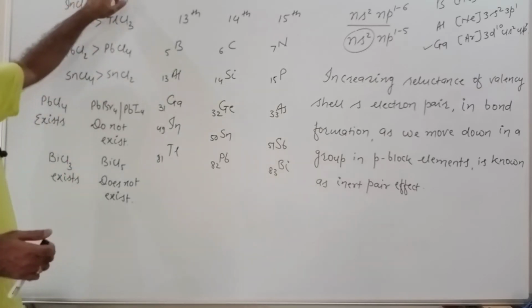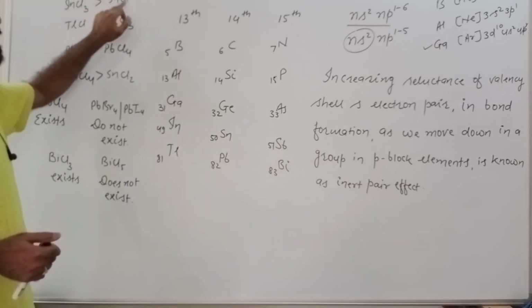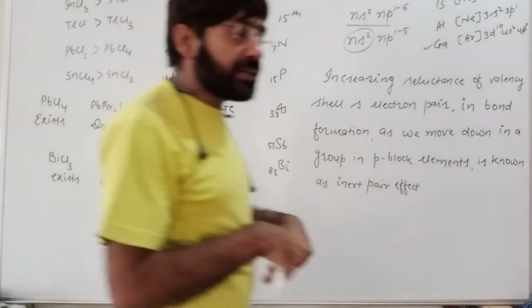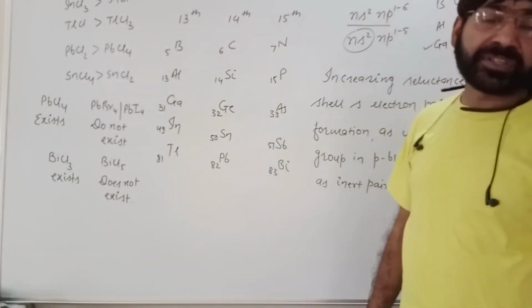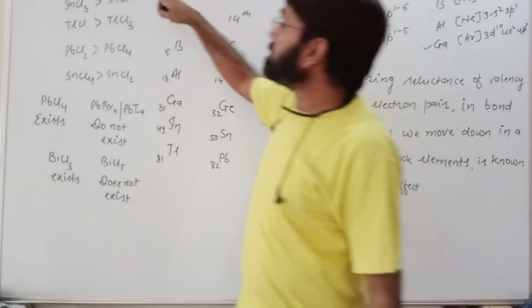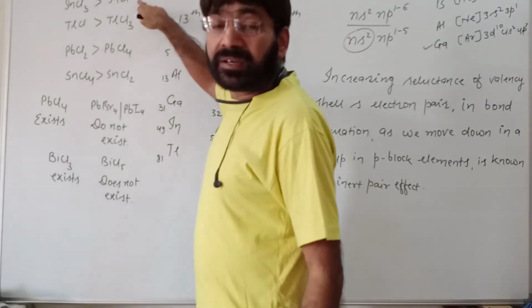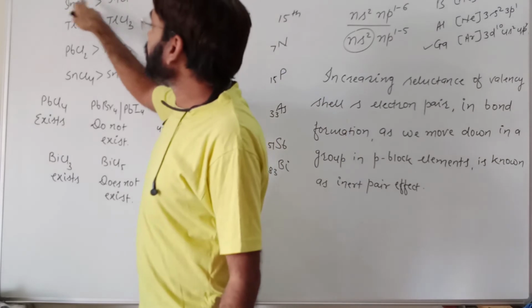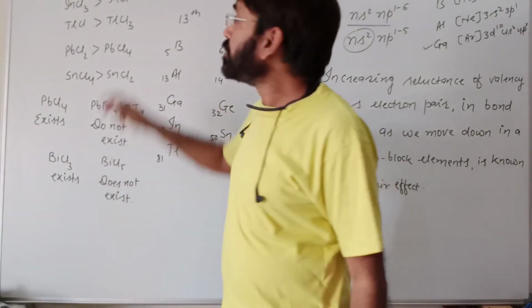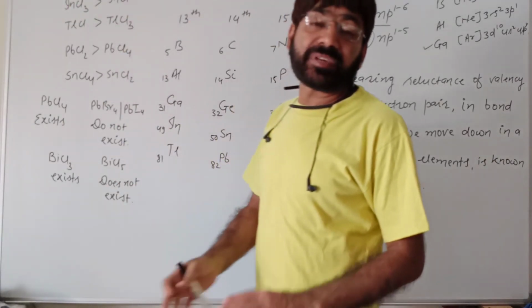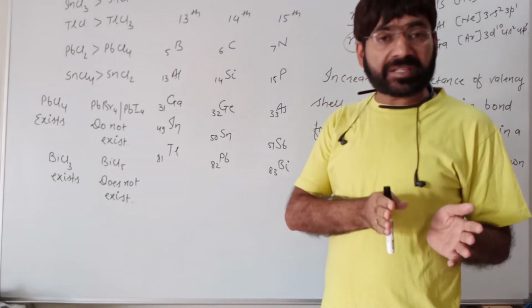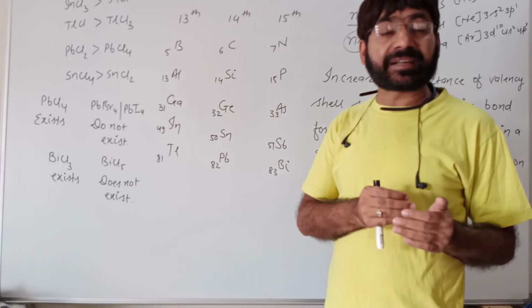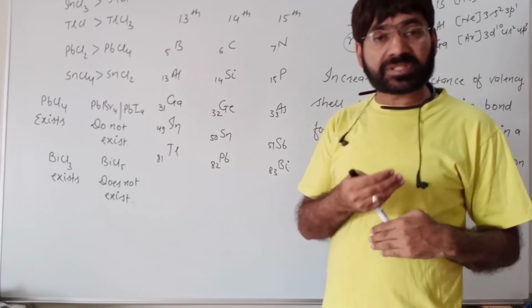So if in a reaction we are using GaCl or InCl, these tend to enter into what? Their more stable oxidation state, which is +3 for them. So InCl and GaCl are relatively unstable; in their +3 oxidation states they are more stable. So if these compounds are used in some chemical reaction, then in those reactions they tend to enter into the +3 oxidation state. That means they try to get themselves oxidized.